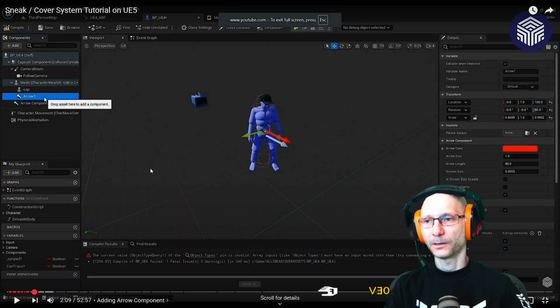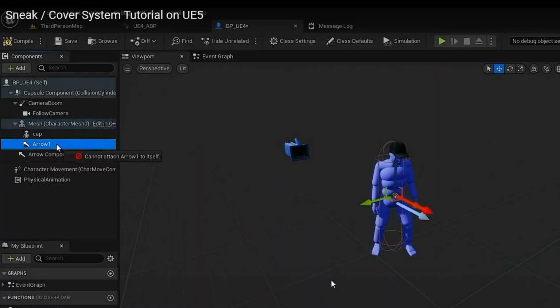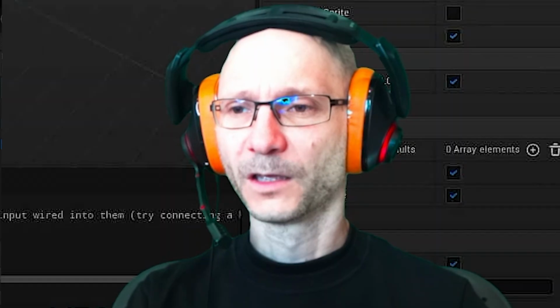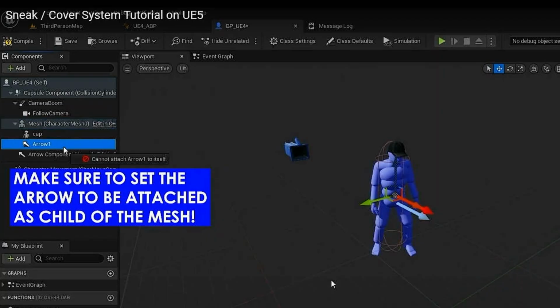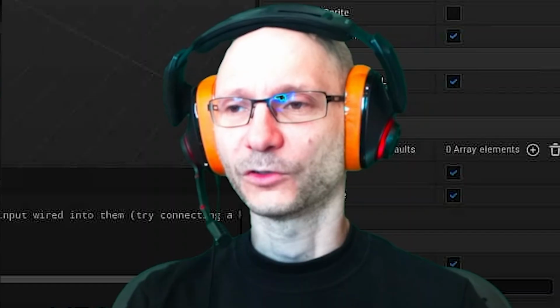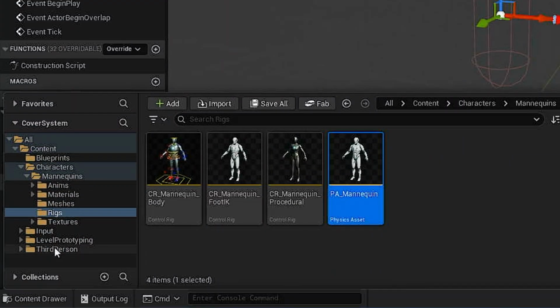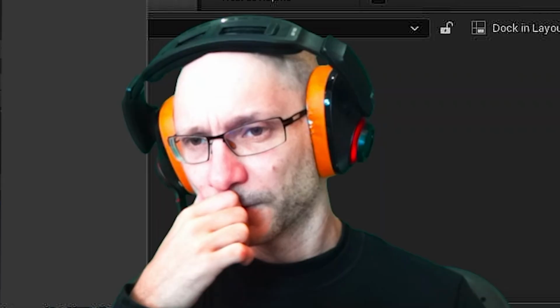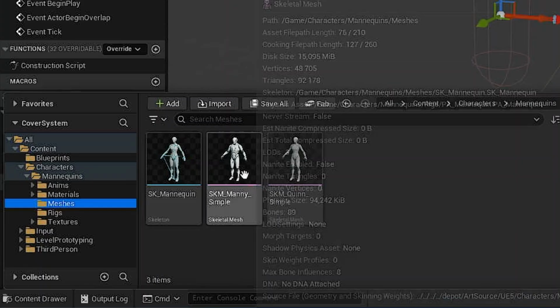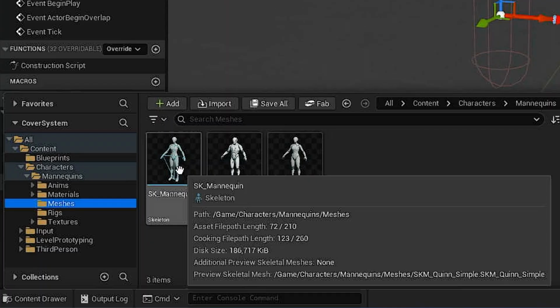I'll think later about how to attach it to the character. He's showing it in the video, but since I still don't have the character, I'll think about it later. So all you gotta do is drag and drop. Make sure to set the arrow to be attached as a child of the mesh. Oh, on the mesh. So we need the mesh actually. Can we get the mesh here? So we don't need the rig. We need the mesh, SKM. Okay, but which one should I input?